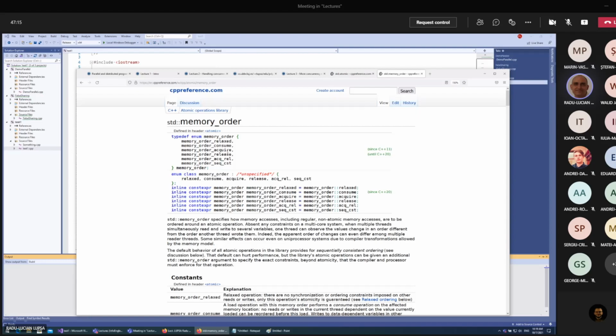And this has to do with reordering of the instructions. So one more thing we have to have in mind is that, let me go back to